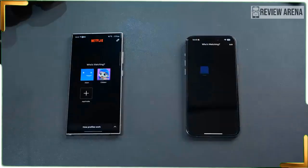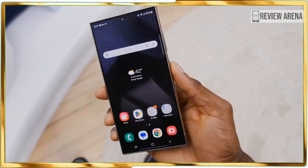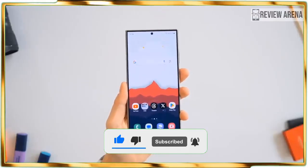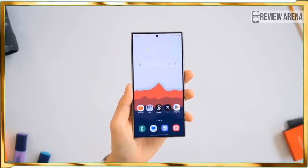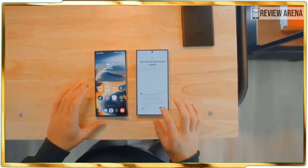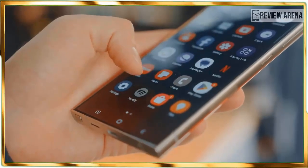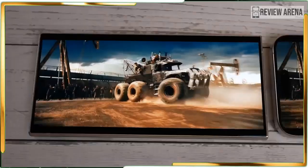Another change pertains to the end of an era for the series, its curved screen. I am on the fence about this change because the curved screen of past Ultras gave the phone this sleek looking aesthetic. Instead, the S24 Ultra adopts a flat display that hugs the edge of the titanium frame. Samsung's reasoning for this change pertains to the S Pen. The flatter panel makes it less likely for the stylus to fall over the edge. But then again, I end up using a case with my older curvier Galaxy S Ultra that prevents this such